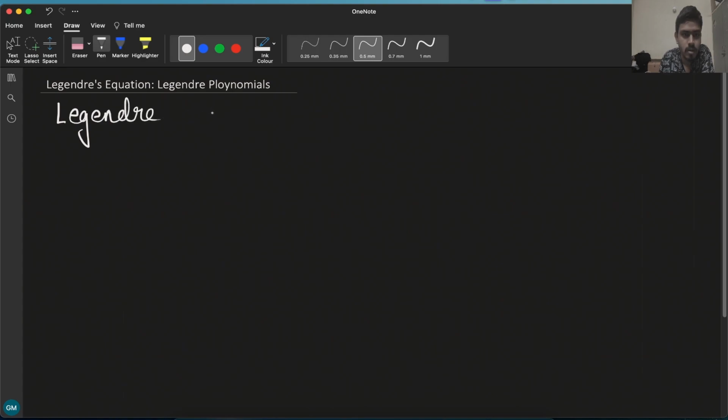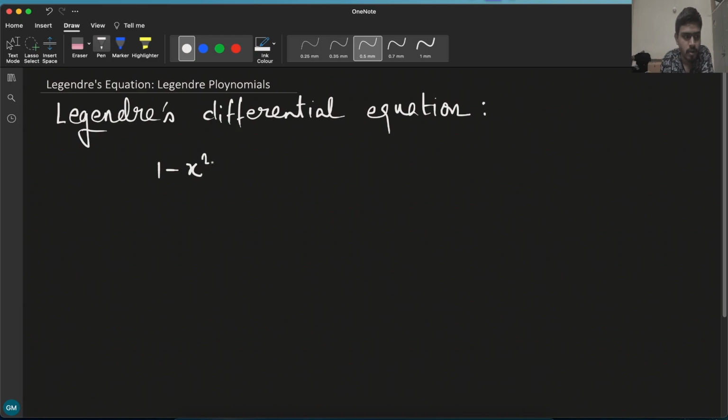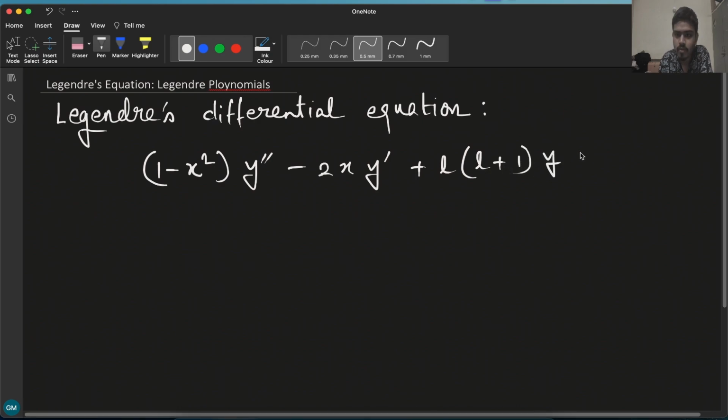Legendre differential equation. That is (1 minus x squared) d2y/dx2 minus 2x y dash, meaning dy/dx, plus L times (L plus 1) times y equals 0, where L is some constant. Okay,